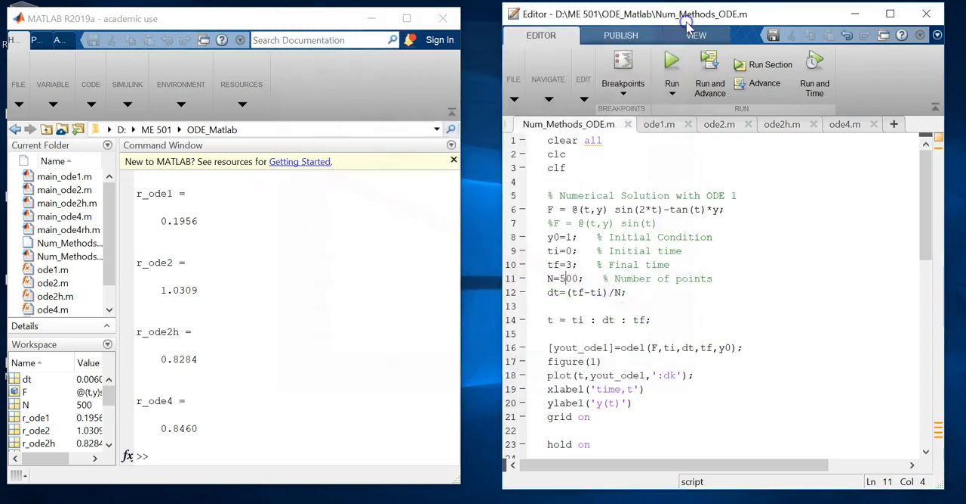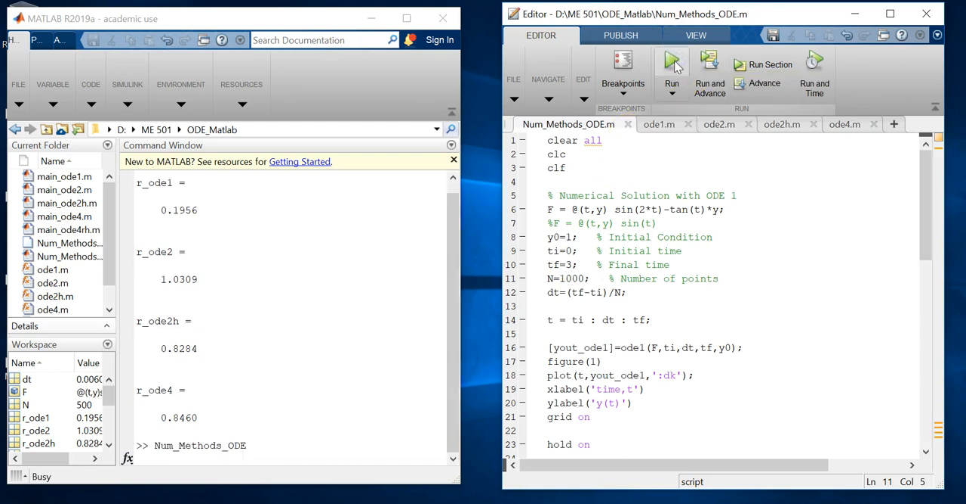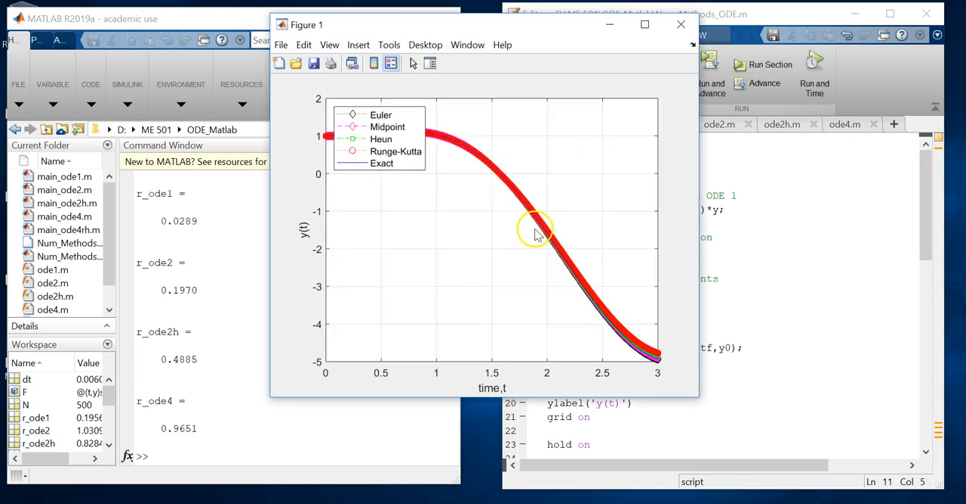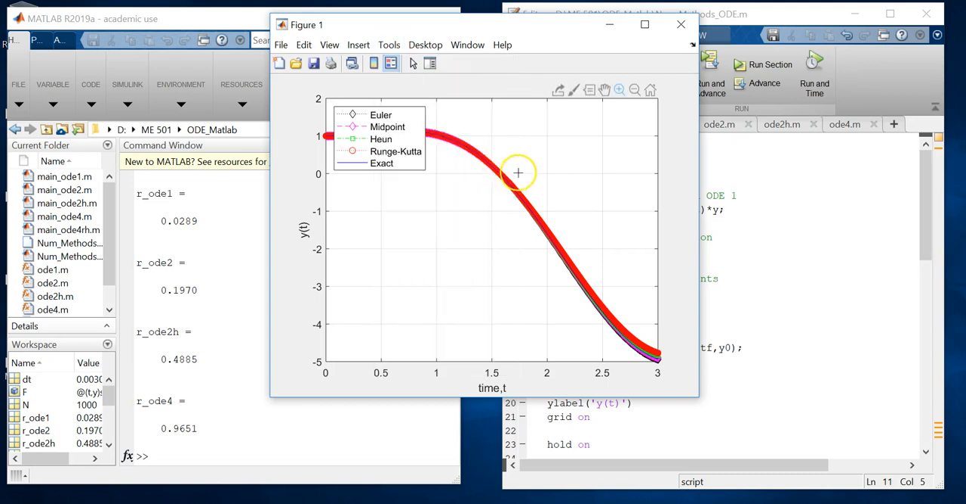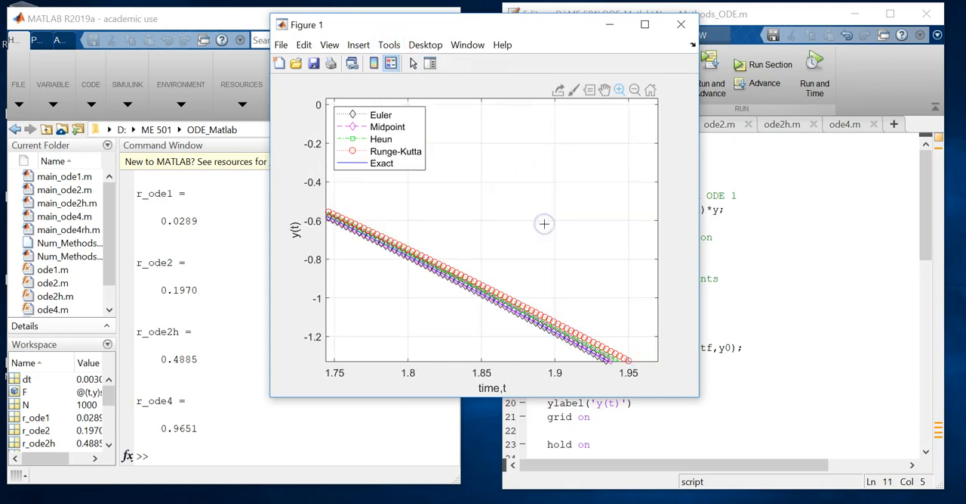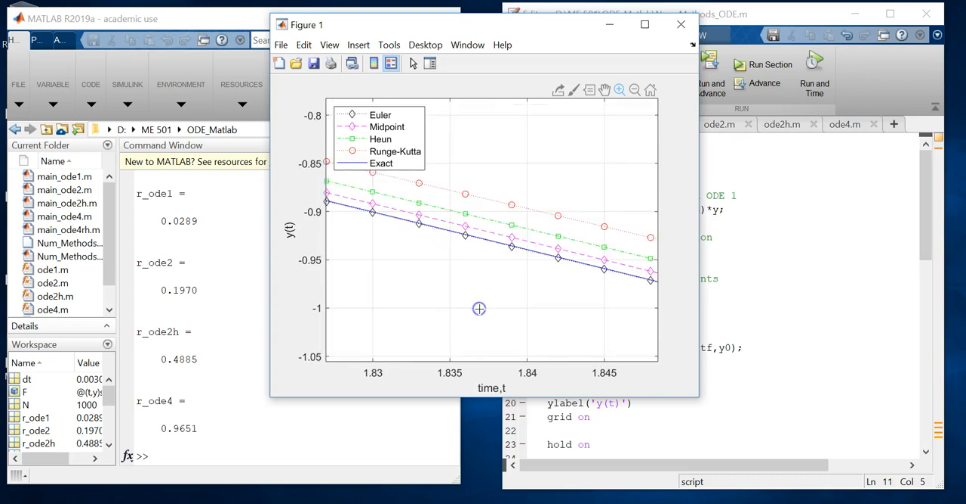Alright, so let me do an extreme change over here and put literally like 1000, run, and again let us just go and zoom in. Alright, so you see now they are a lot closer over here, but now really the best solution is the Heun's method, not the midpoint method, and actually here strangely is the